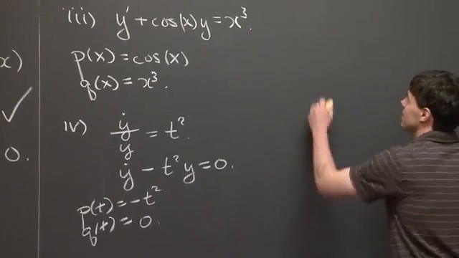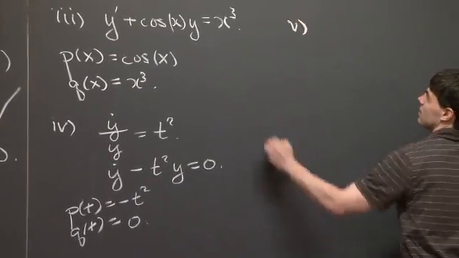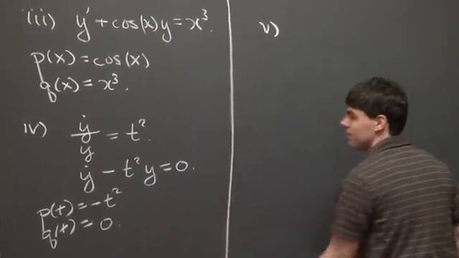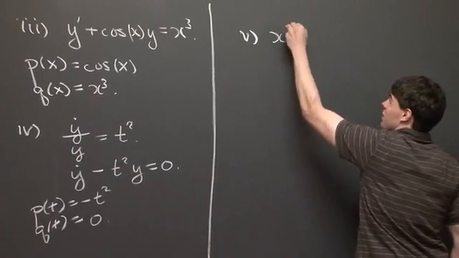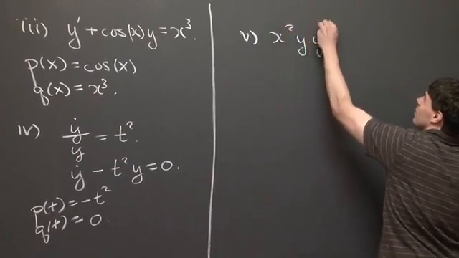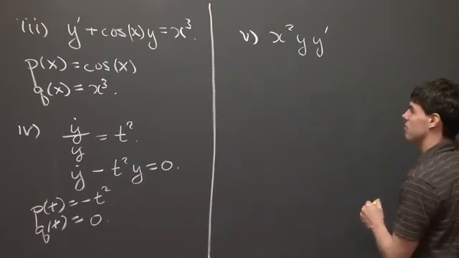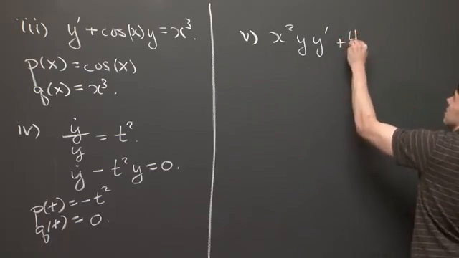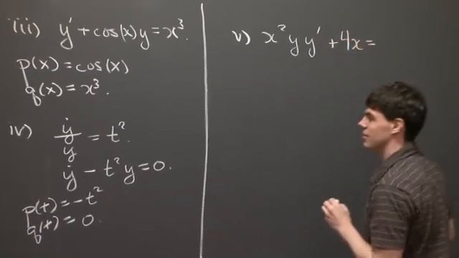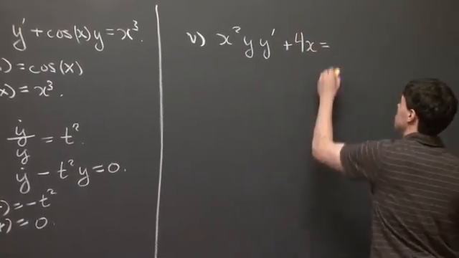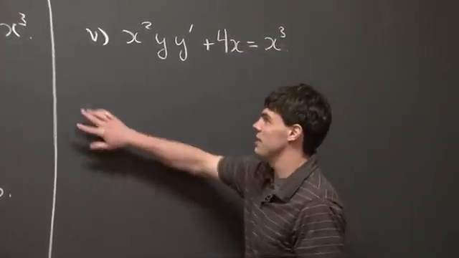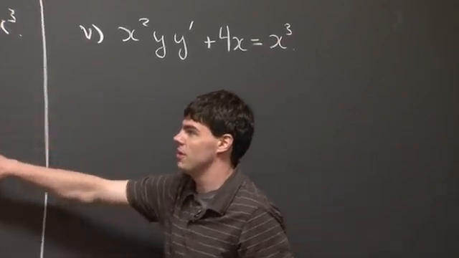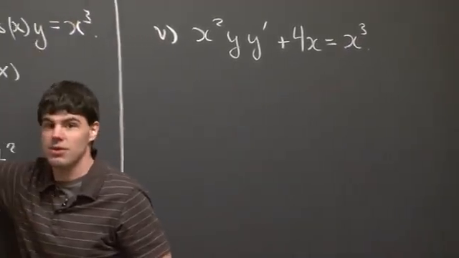And then lastly, for part 5, we have x squared y prime plus 4x equals x cubed. And again, if we were to try to write it in the general form of a linear ODE, which we have here,